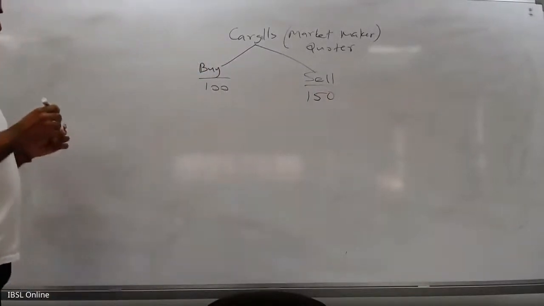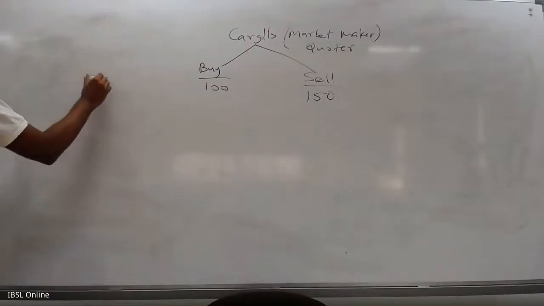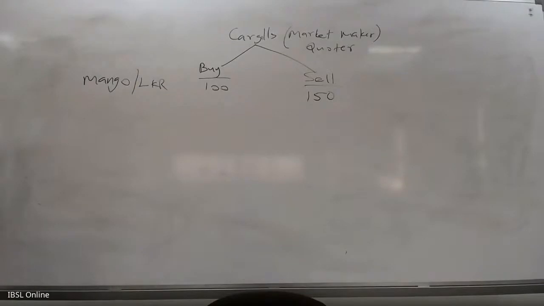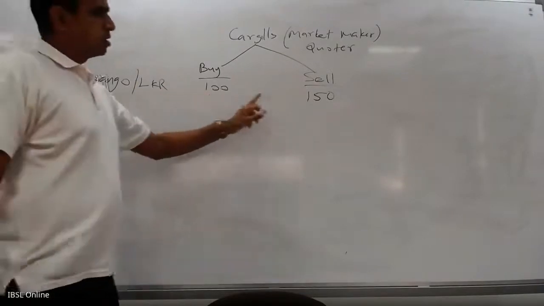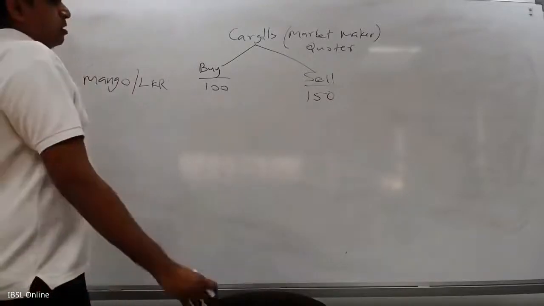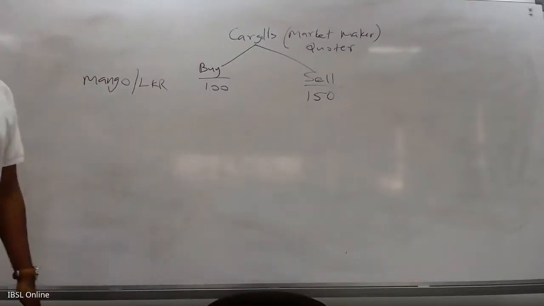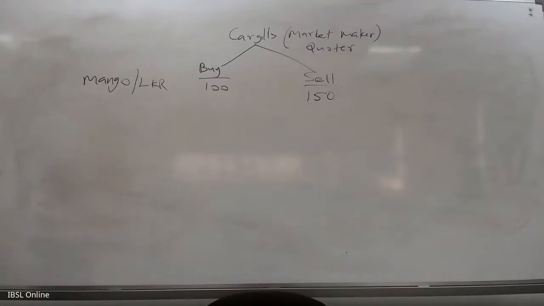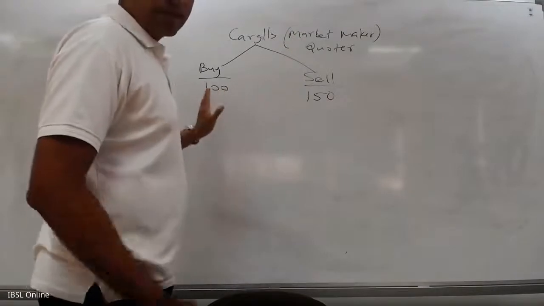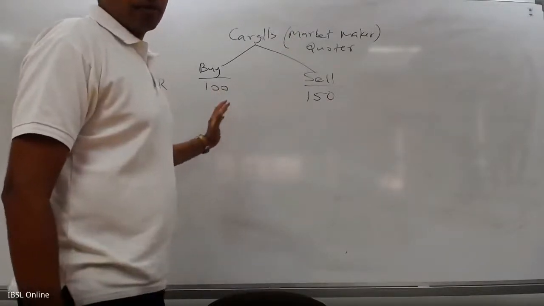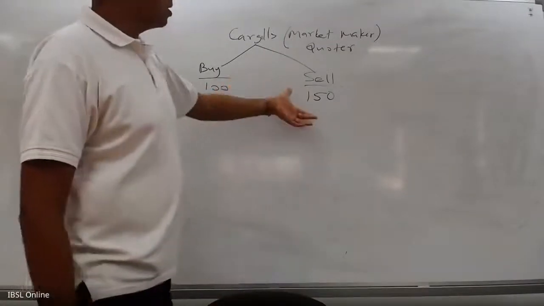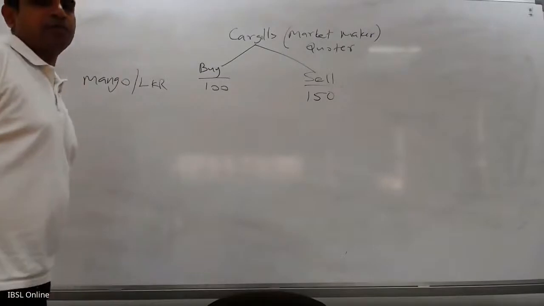Okay, so what they are buying is the mango against rupee. You're looking at the mango against rupee. They will buy this at 100. They will sell it at 150. So if you go to Cargills and you want to buy mangoes, they will sell at what price? 150. And if you want to sell, they will buy at 100. Okay. They will not do the reverse, no? So if they buy mangoes at 100, sell at 150, they will make a profit of 50 bucks.